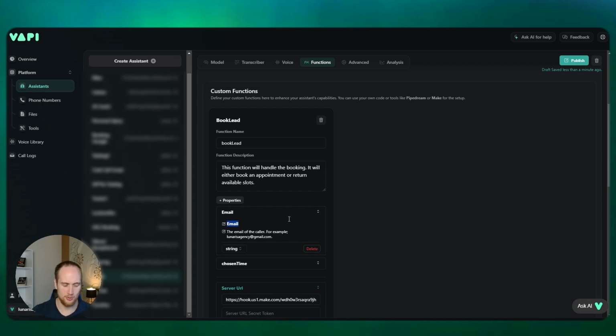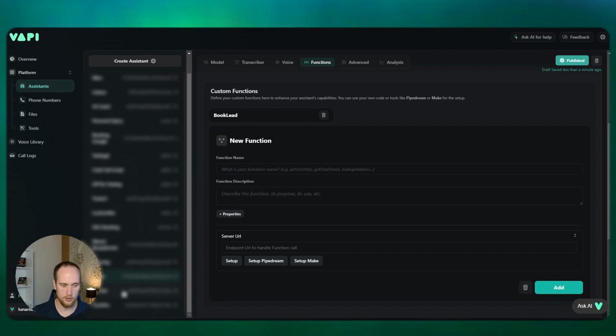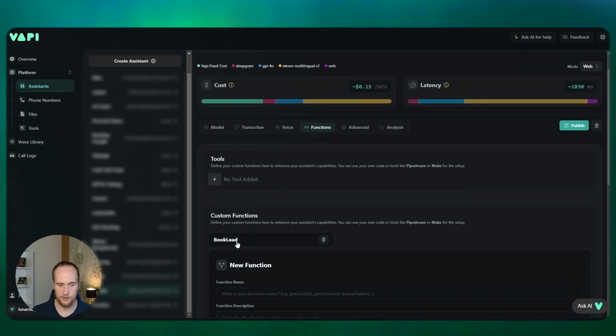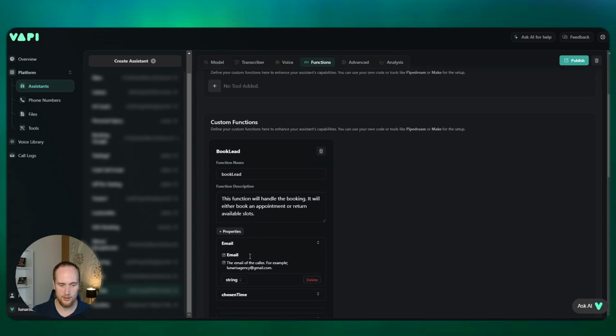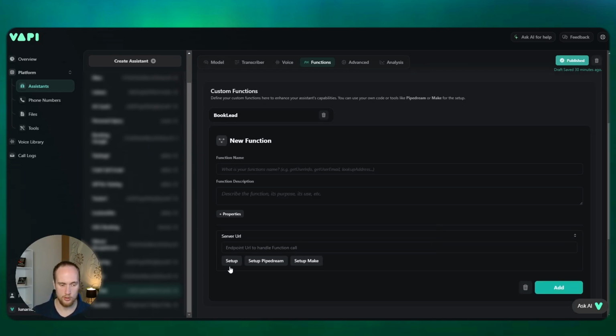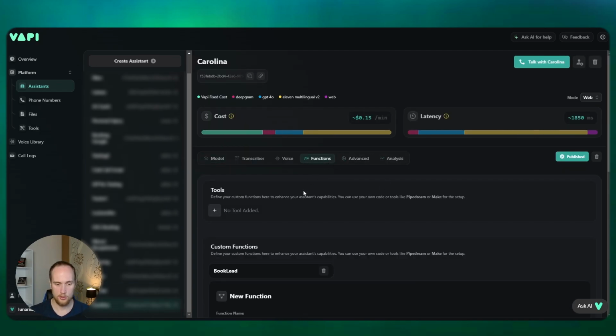I for some reason went with email, so let's change that and call this one caller, and then we just need to publish that in all our 3 functions. I'm just going to go with the small n. Go caller, publish. Same thing in here.